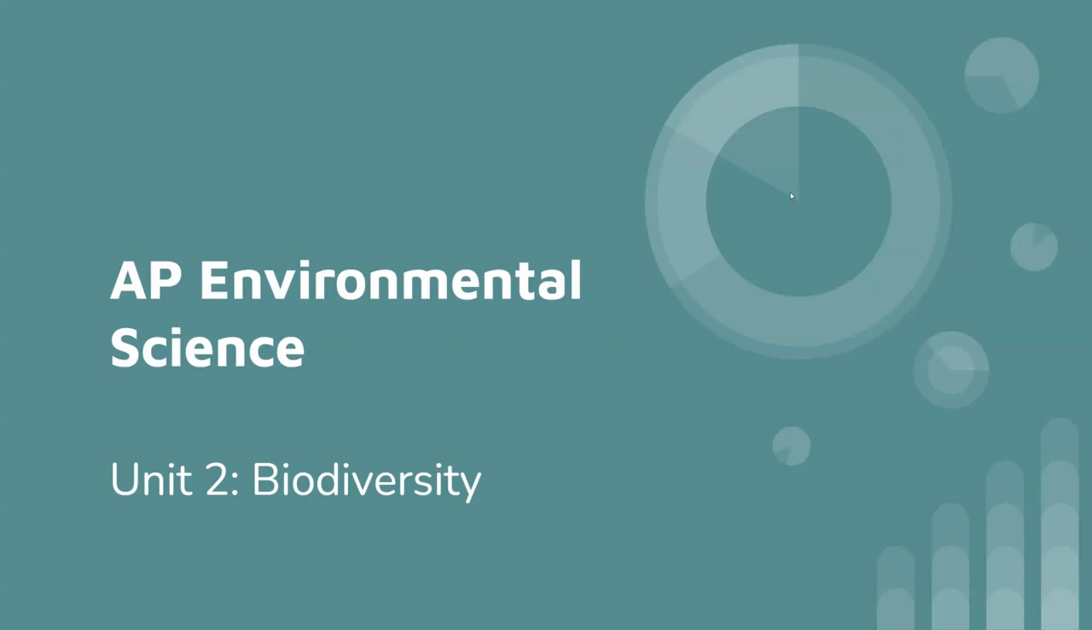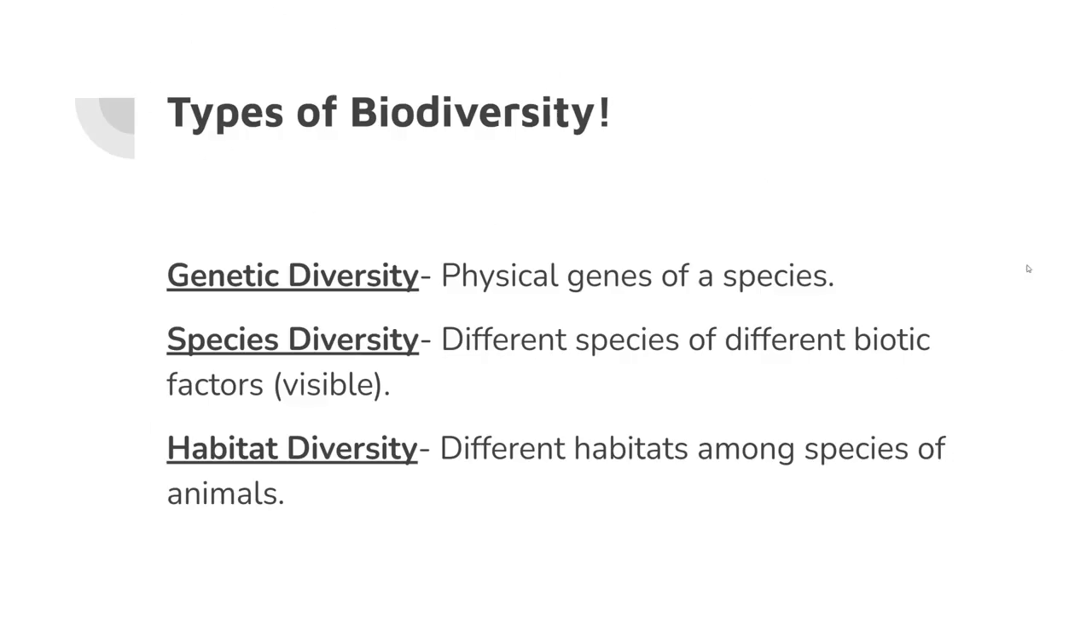So, first up, we've got types of biodiversity, and the first of which is genetic diversity. Genetic diversity is basically the physical genes of a species, and we're talking about a specific species. So, for example, let's go with a poison dart frog. It's about different types of poison dart frogs, and using our dart frog analysis in comparison to this next diversity,